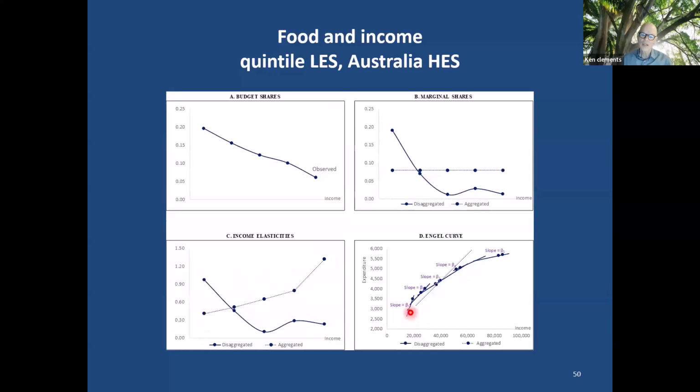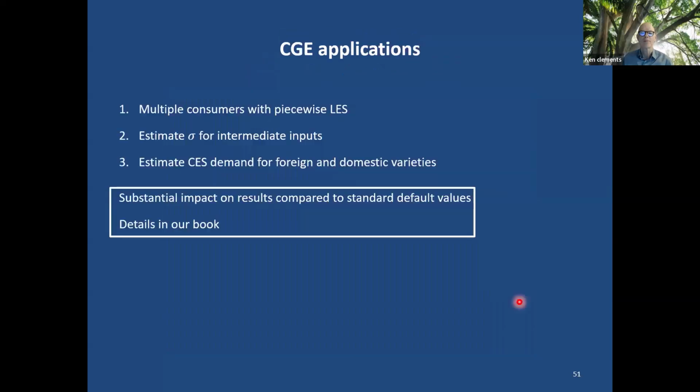And here's the underlying Engel curve constructed on the basis of piecewise linear slopes. So when we use these multiple consumers, that is with piecewise LES, it seems to have substantial impact on the results of CGE models compared to standard default values of the